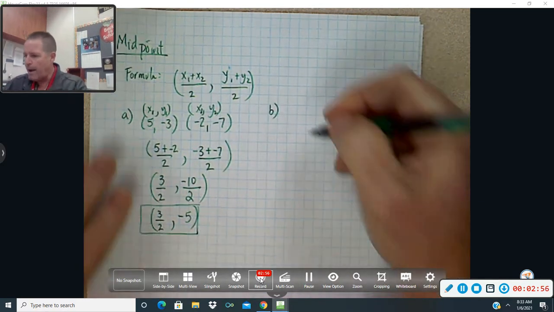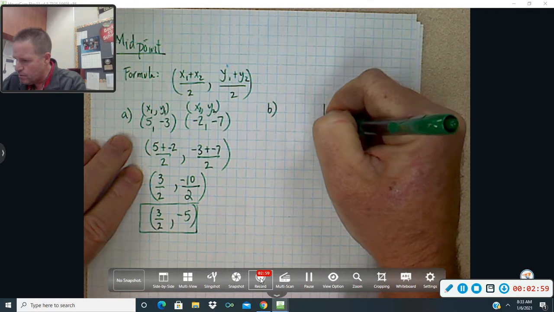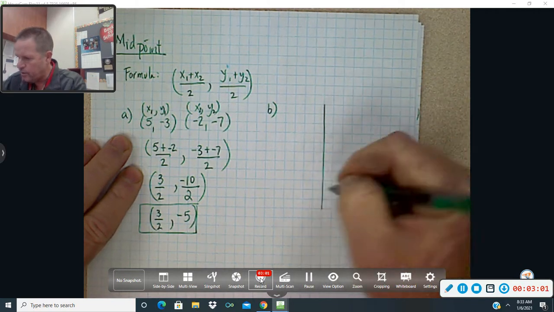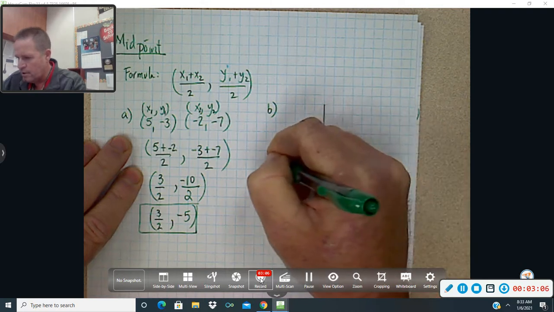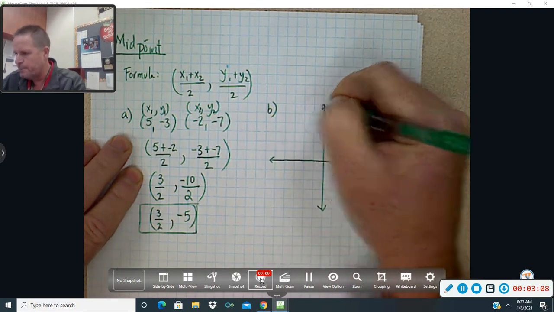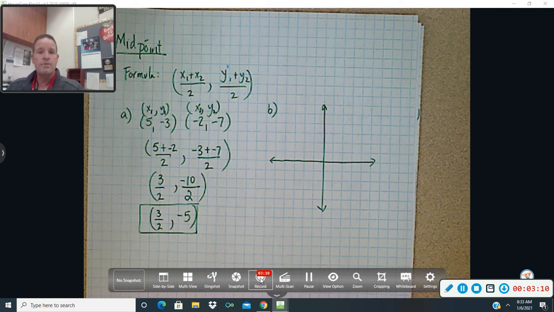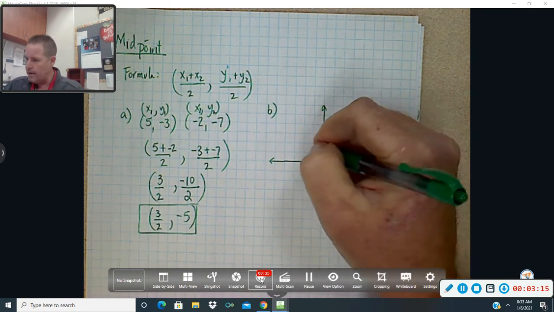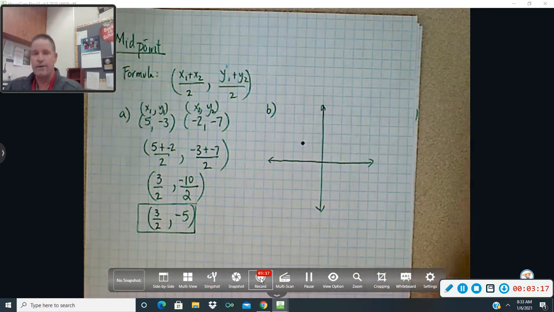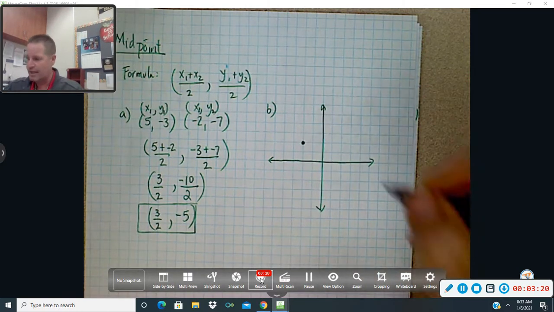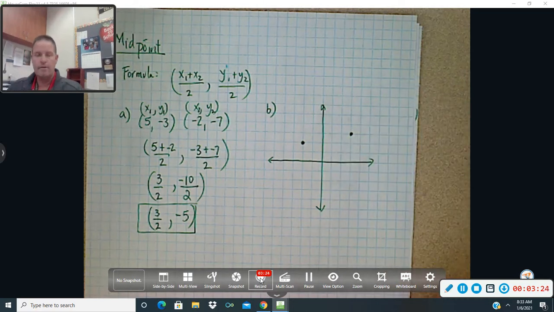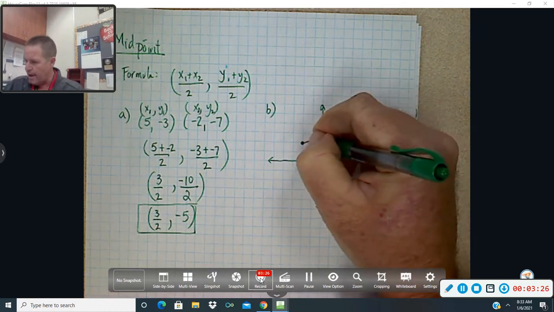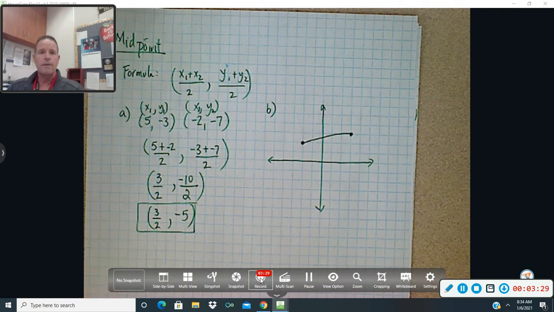Now, they might give you a graph, so let's make a quick graph. Again, remember, you can always pause these videos if you need to go grab some graph paper real quick. Okay? And so they might give you a segment that's been graphed. It might go, let's say, from right here. Now, I'll give the information in just a second, because that's actually part of the question. And maybe right there. Okay, and so it's already graphed on the sheet, and they want you to find that